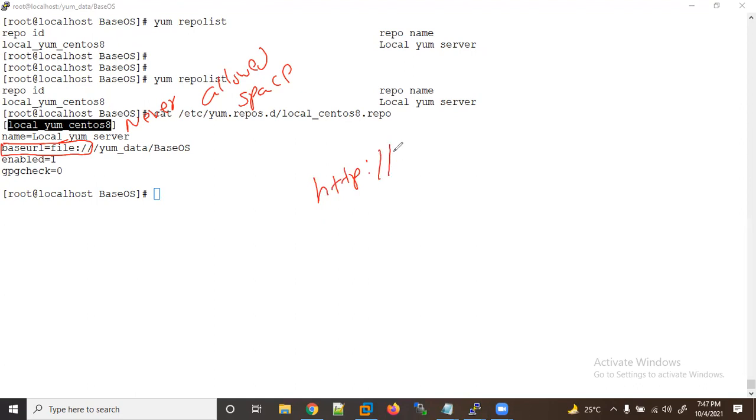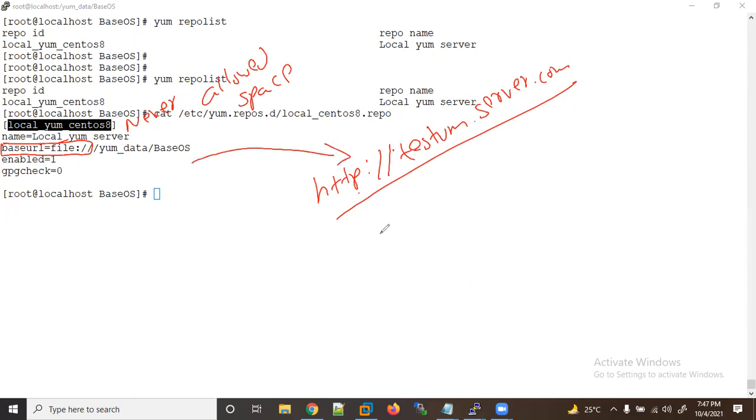Here, this is like a localhost. Let's say I'm using a test VM and server.com, for example, or example.com. Then we can give this path here, and I don't need to use this file. Then I need to replace these things, or do the same in the FTP case also. But right now we are learning with a local.